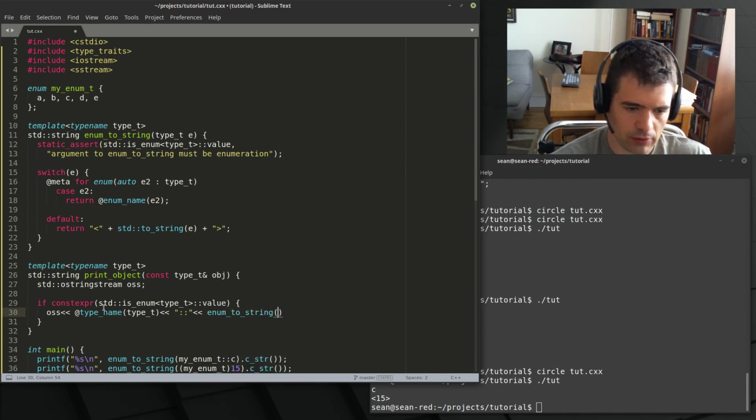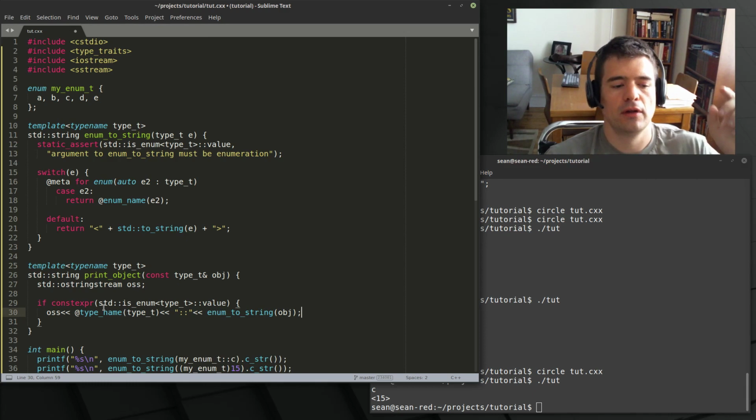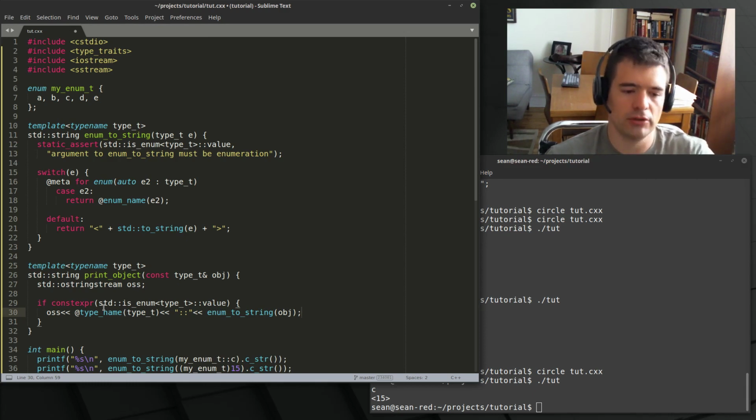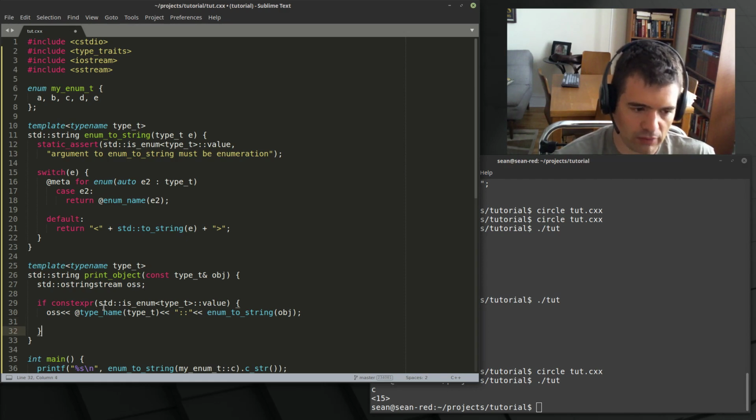Enum to string. All right, so this will print out the name of the enumeration, colon colon, name of the enumerator. So it's a qualified name. Else if constexpr, now if this is the same, if this is a string,